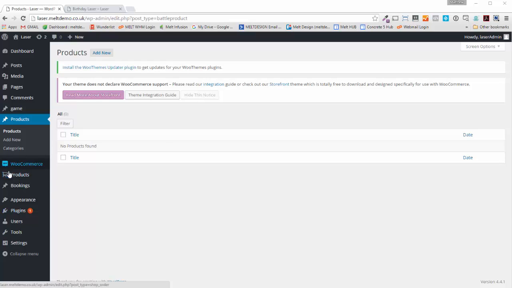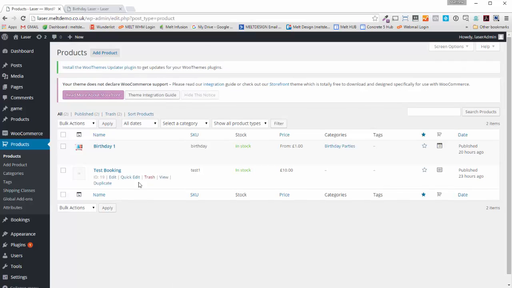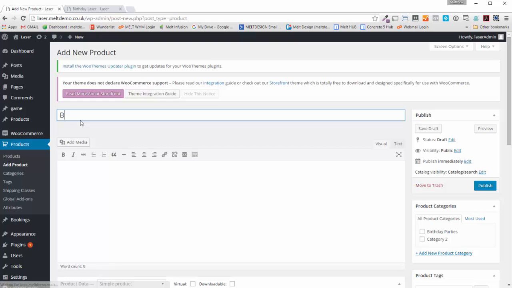So first we want to do is click on this tab here underneath WooCommerce. You'll see two product tabs, but the one you're looking for is the one under WooCommerce, which is products in between bookings, okay? So click on products, and then we want to say add a new product. So we'll say birthday example, and then